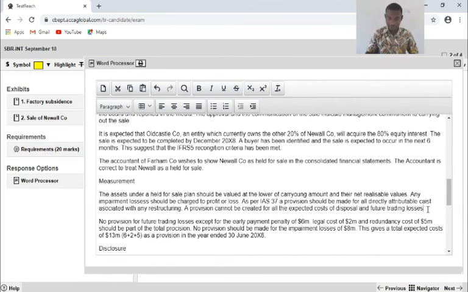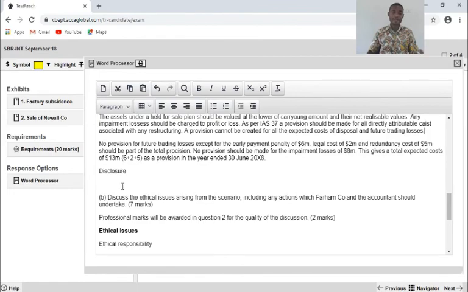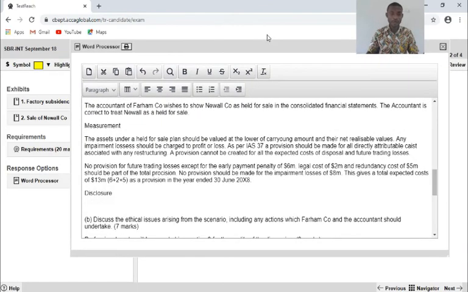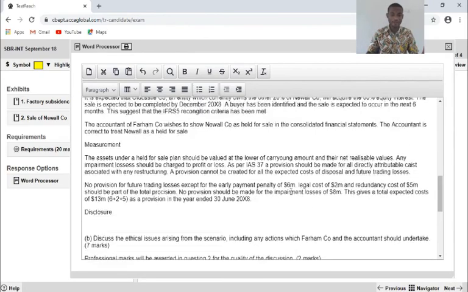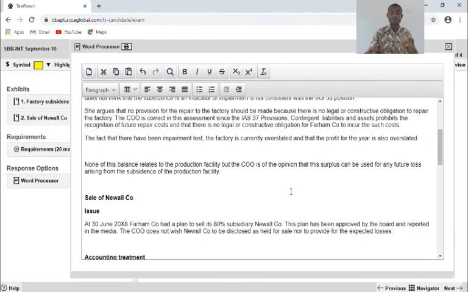So I have to make that point. So I've been able to reword the content I have copied. So you realize that from the start, I've already talked about indirectly how the provision should be accounted for. So it has merged with my answer. And then you talk about the fact that it needs to be disclosed and so on. So what I'm showing you now, which I will allow you to develop later, is to have a plan and how you can begin to develop it as you answer it.